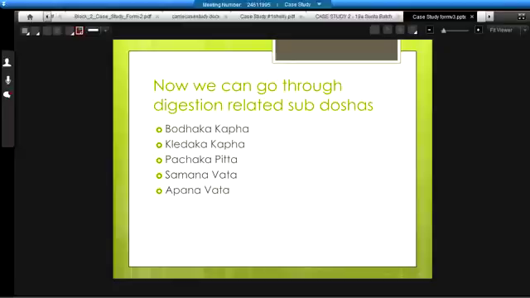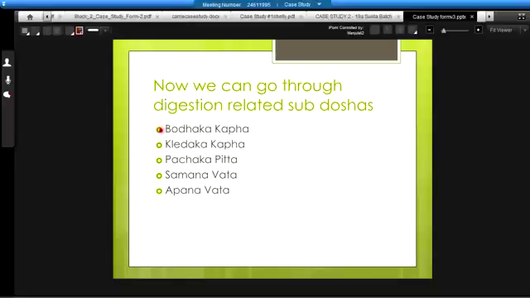Like Bodhak Kapha, it's in the mouth, it's in the saliva, it's responsible for creating that soft bolus of food that you can swallow easily. It has enzymes in it to digest the fats and starches in the mouth. Isn't the mouth amazing? Think about it. That mouth is where the digestion begins. You could eat a greasy, oily basket of fries, but is your mouth ever greasy? It's just never greasy. Why? Because you have lingual lipase in the mouth.